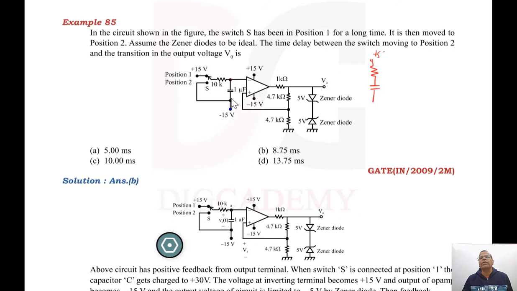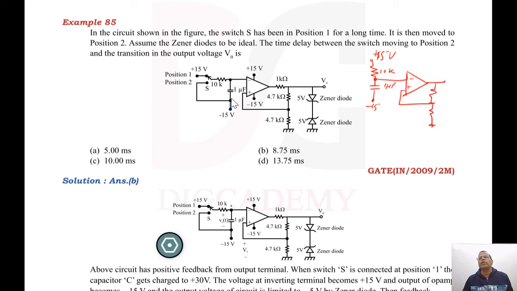we have R, which is at 15 volt here, right, which is 10K. We have a capacitor of 1 microfarad and we have minus 15 volt, right, and this is the node which is at the input of this op amp, minus plus. So the equivalent circuit initially can be drawn like this, right?